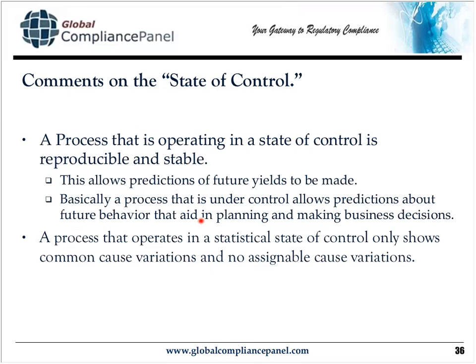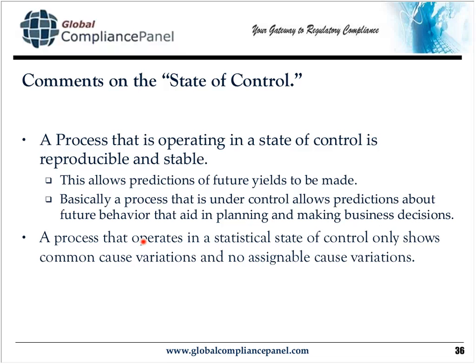This allows you to say that, okay, next year we will have 50 good lots, and in those 50 good lots, we should have a certain number of vials or product units or whatever you're doing, millions of units, whatever. And then this allows your company to do planning on how much raw material it's going to need, how much worker time you're going to need, all this. And also in making business decisions. Where are we going with the company?